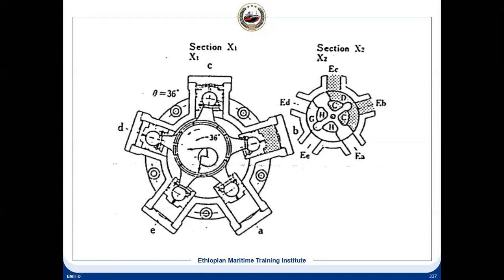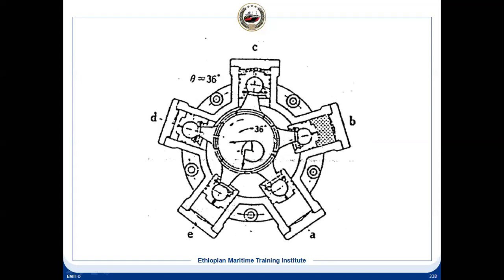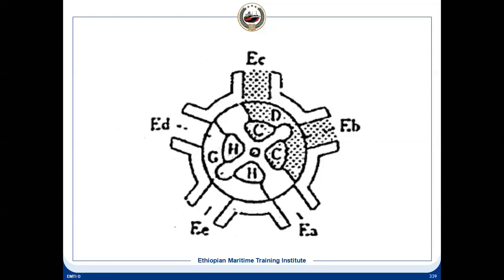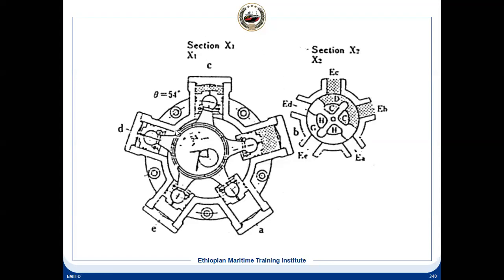These 2 pistons are getting oil pressure, and then in that overlapping time there will be 3. Otherwise it will stop and have a jerky motion. That is the reason that overlap is kept in between. So this is the 36, and then the next will be the 54. At 54, these 2 are getting oil, and it is coming to this side, and this side will be covered after that.